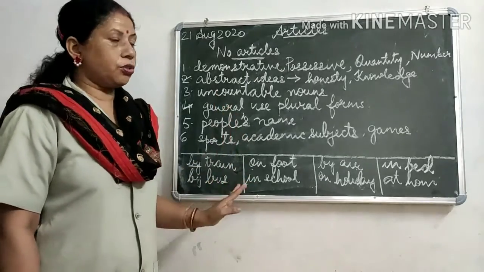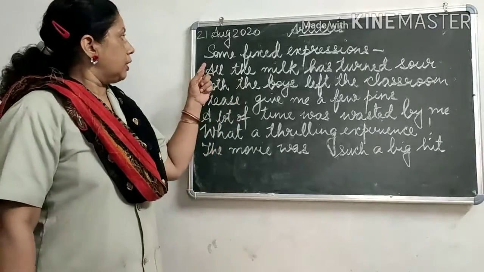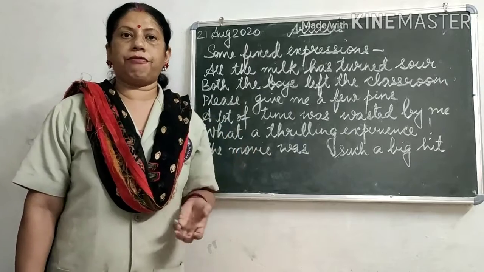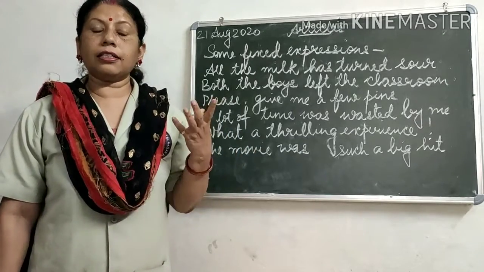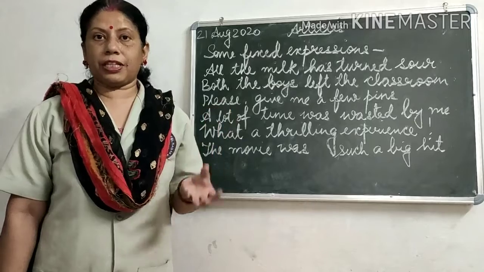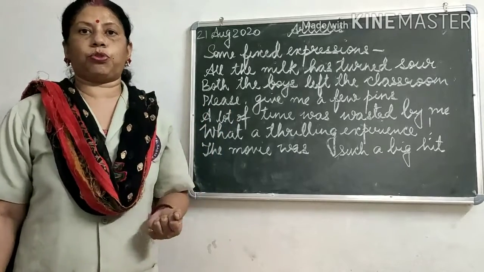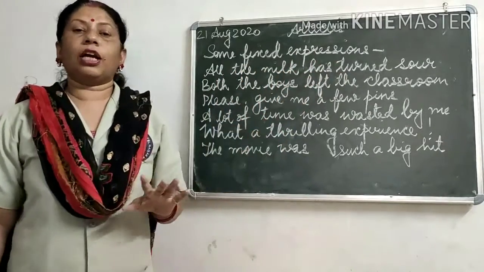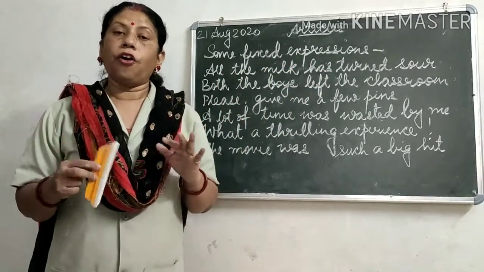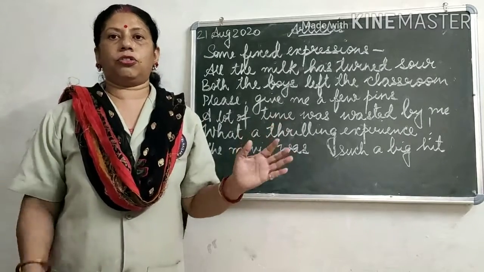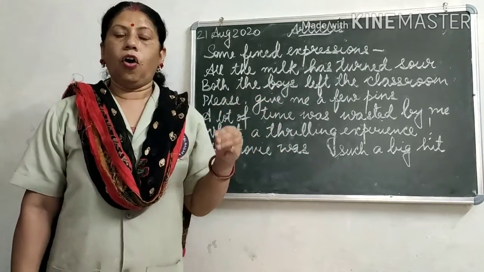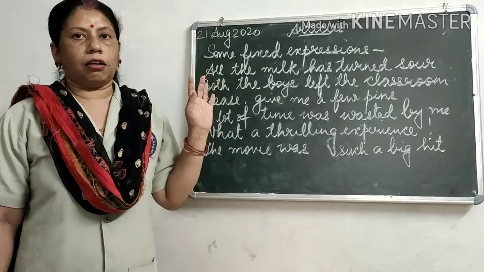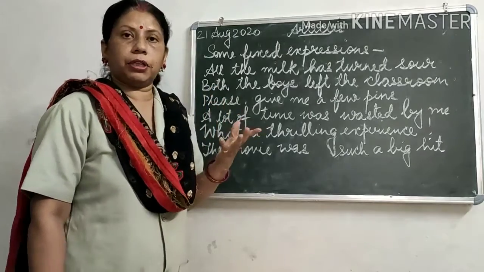So I hope that you have understood this. Now here children, with these expressions you see some fixed expressions before which we have to use the articles. Okay, that is because they are talking about some specific words, specific nouns. So like here, all the milk has turned sour. So that means the milk which I had, all that milk turned sour. So I have to use the article the. All the milk, whatever milk I was having, all the milk turned sour. Sour means khatta. Okay, dahi jam gaya.